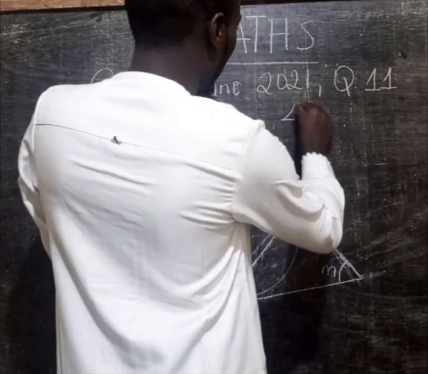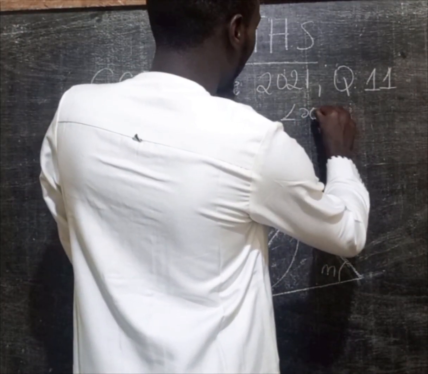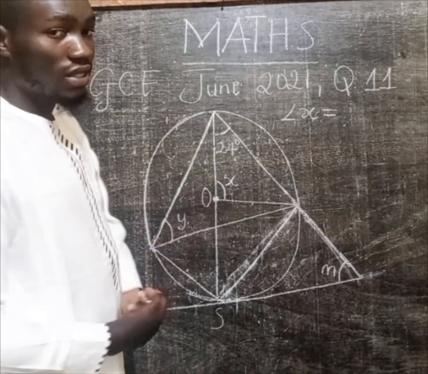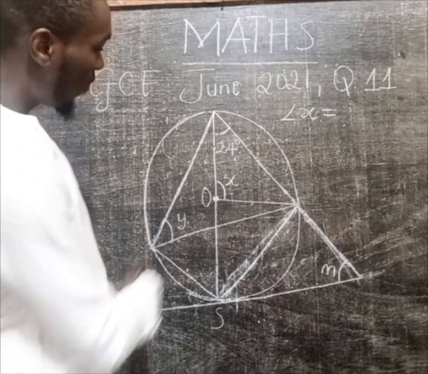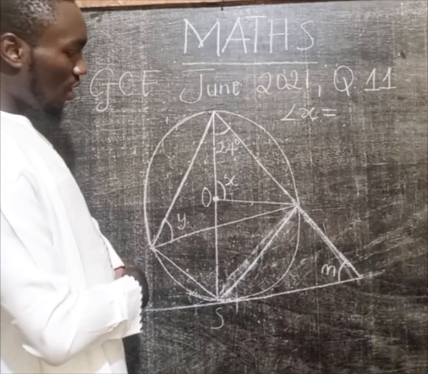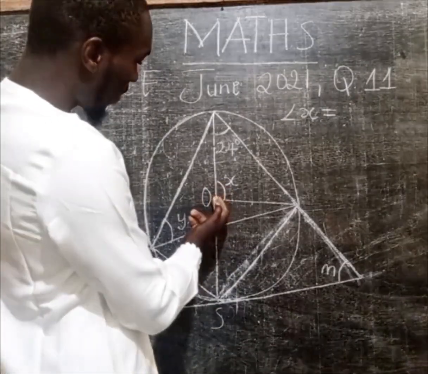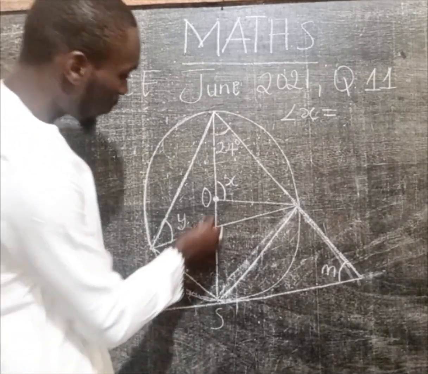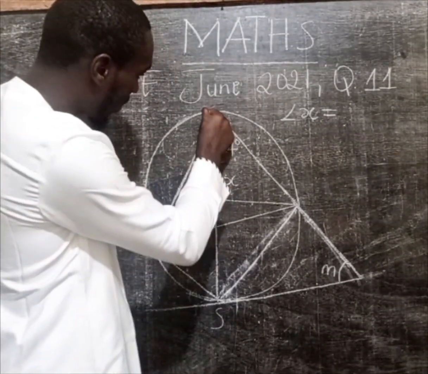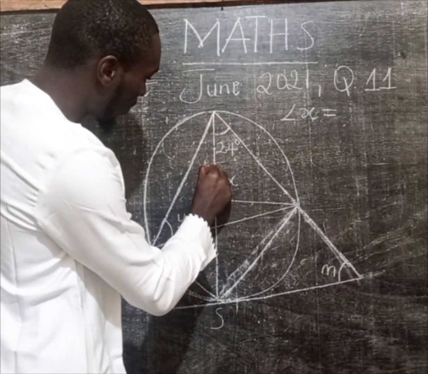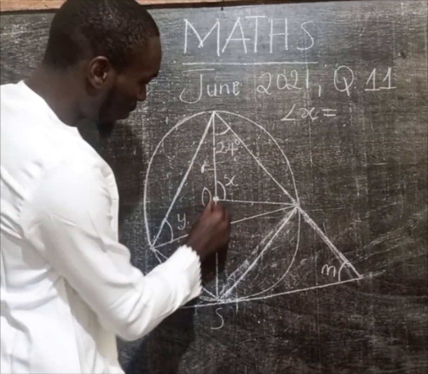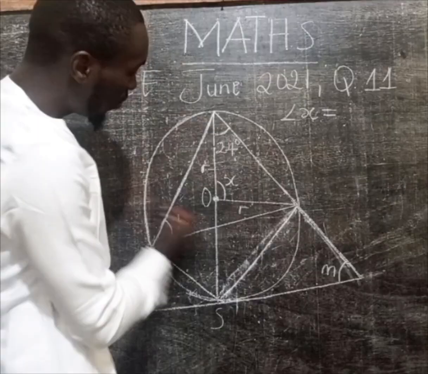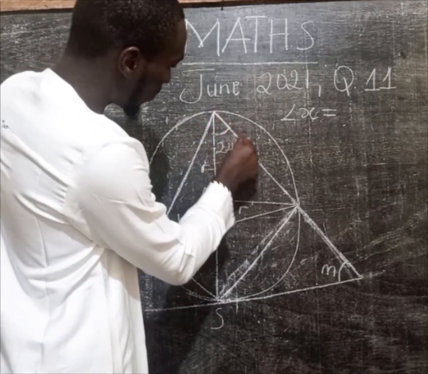Angle x should be equal to, now the question says that O here is the center of this circle. So if O is the center of this circle, then from the center to any point on the circumference is the radius. So from here to here is the radius, so this length is the radius of the circle. From here to here is also the radius. Then when you look at this shape like this,